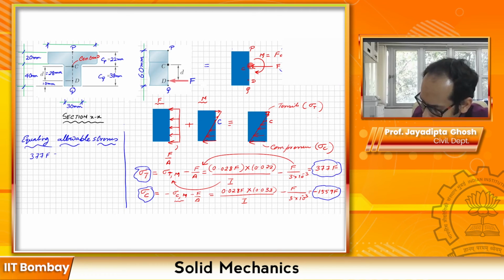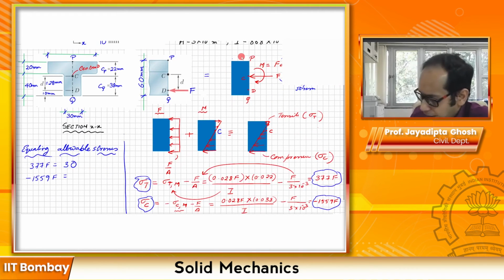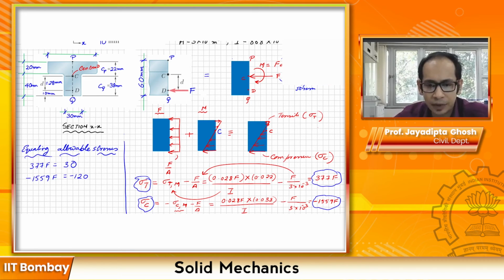377 F is equal to 30, and the next one, minus 1559 F is going to be for the compression, right? So that is 120, so it's minus 120 because it's compressive over here, right? So if you do both of these things, what you will essentially get is that the first one, that is when you equate to the 30 over here, this one will give you your F as